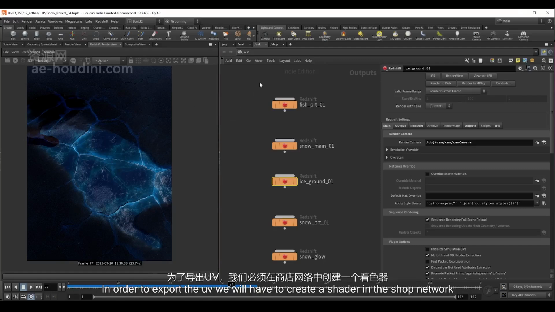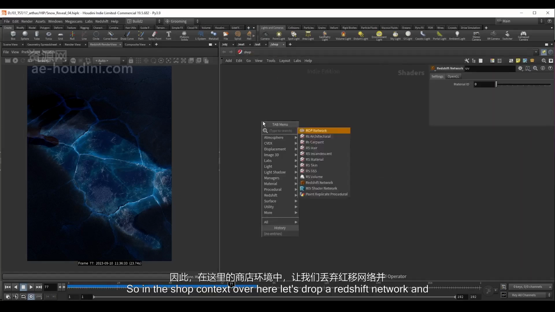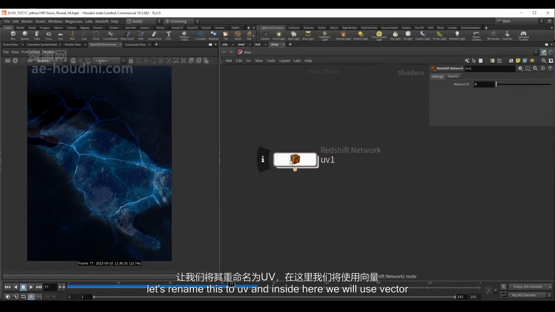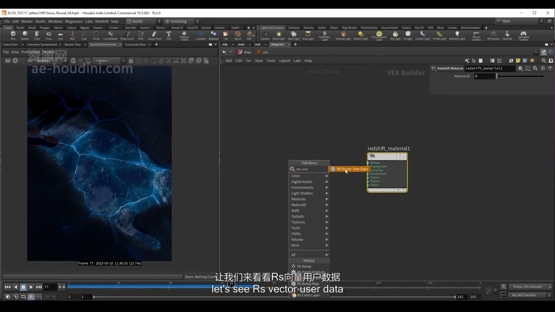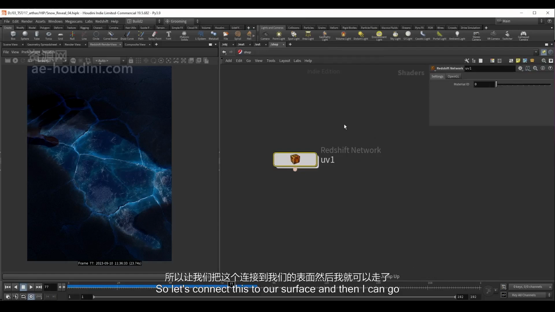In order to export the UV, we will have to create a shader in the shop network. So in the shop context over here, let's drop a redshift network and let's rename this to UV. And inside here, we will use vector, let's see, RS vector user data. Let's bring this out, and the attribute name will be UV. So let's connect this to our surface,